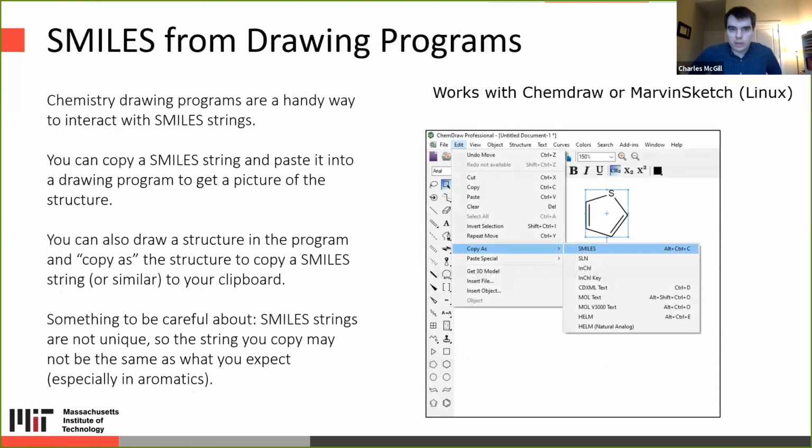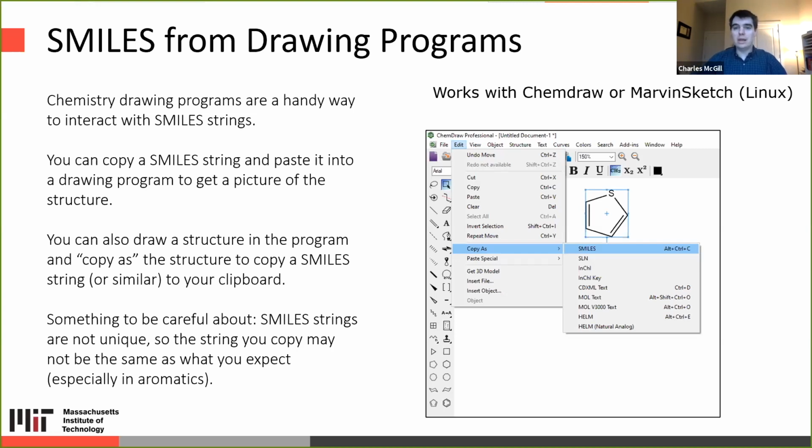One way to interact with SMILES strings that's pretty accessible is using drawing programs like ChemDraw or Marvin Sketch. If you take a SMILES string, copy it and paste it into a drawing program, it will show you the structure associated with that SMILES string.